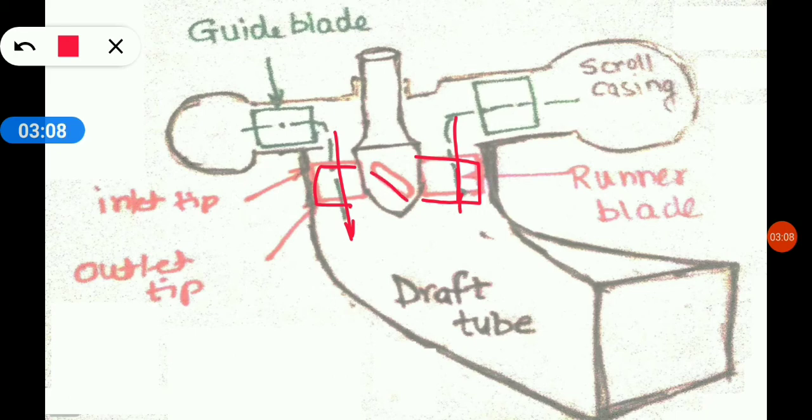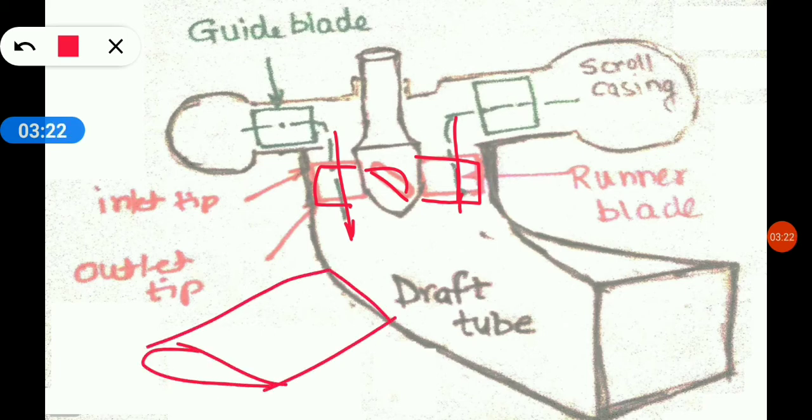This is the blade, as you can see. Now these blades are looking flat in the slide, but actually these blades are twisted. The flat blade is like this. In case of flat blade, throughout at the entrance the blade angle is constant, and throughout at the exit also the blade angle is constant.